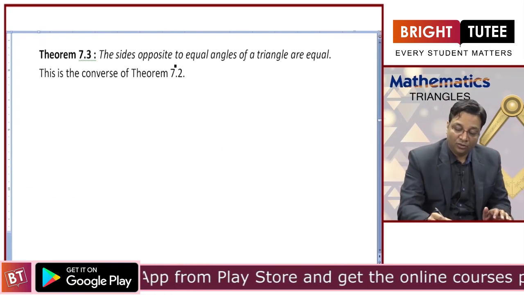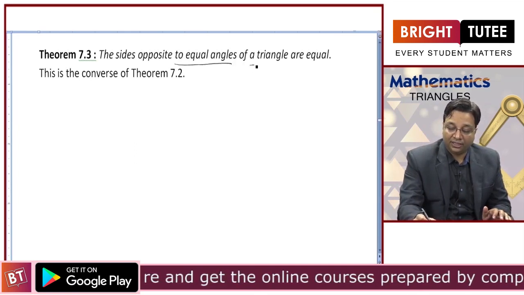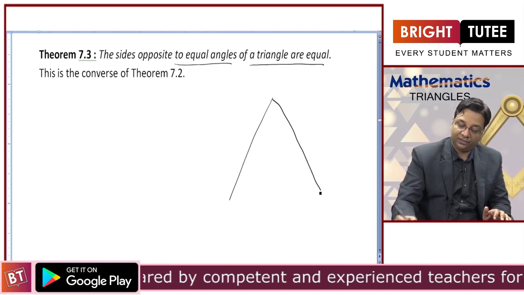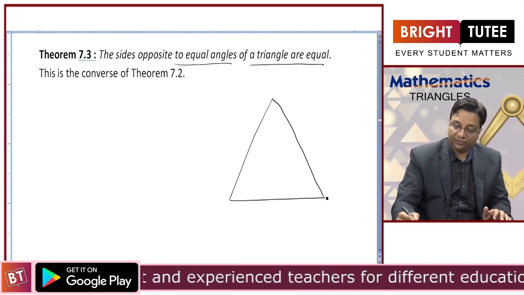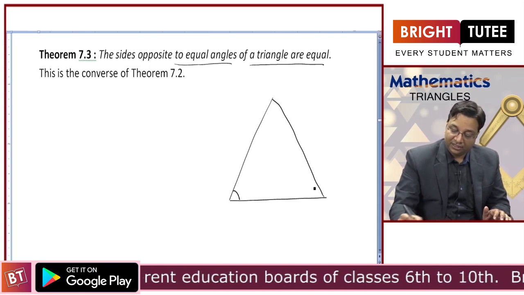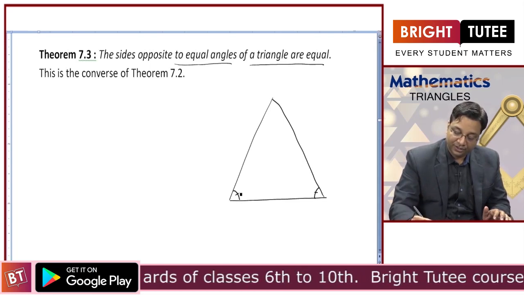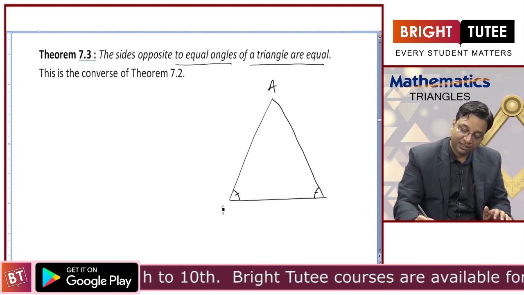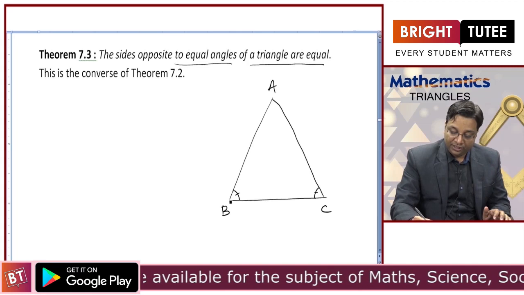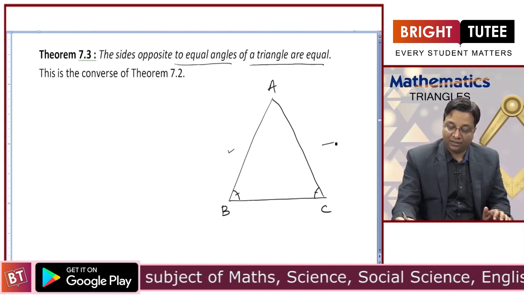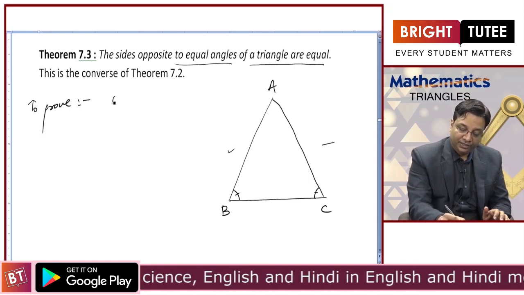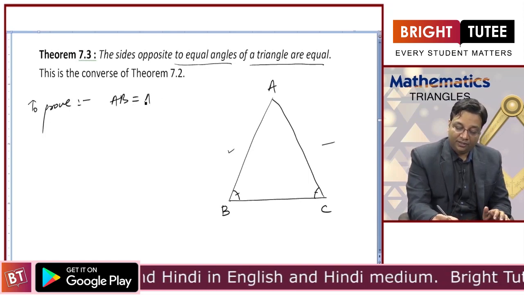Now, the sides opposite to equal angles of a triangle are equal. This is just the converse of the theorem we just studied. So, this time let us say this angle is equal to this angle. These two angles are equal and this is triangle ABC, and we need to see whether these sides are equal. So, to prove side AB equal side AC,